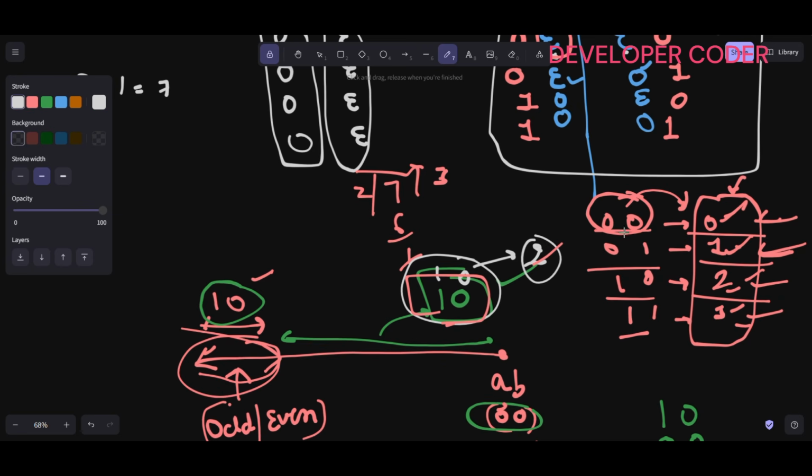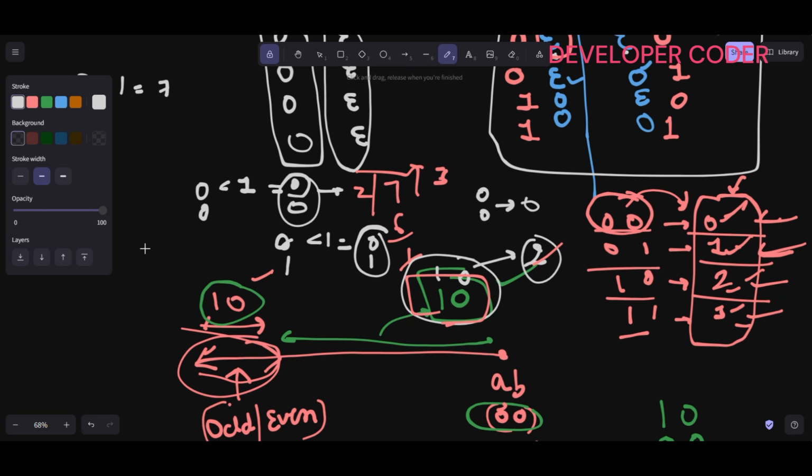So here, if you see, both are even right now, 0 0. If you left shift this 0 by 1, you are going to get 0 only. Same way here 0 1, upper side if you just left shift by 1, you are going to get 0 1 only. And if you do the OR of these two, 0 0 OR 0 0 is nothing but 0, and 0 1 OR 0 1 is nothing but 1. And here 1 and 0, so 1 0 OR if you do,